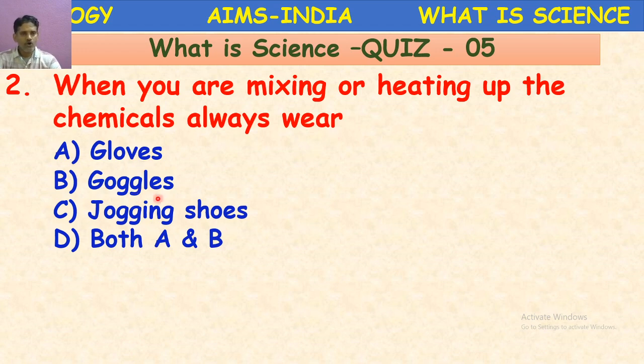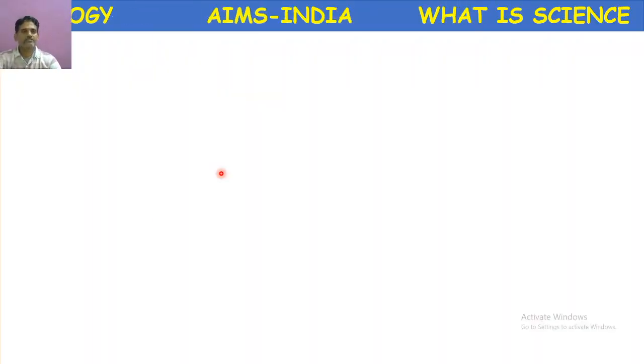glove, goggles, jogging shoe, both glove and goggles. These goggles are for protection of eyes, gloves for protection of hands. So what is the answer, children? Yes, D is the correct answer. You need to wear gloves and goggles when you are dealing with especially chemicals. Next,